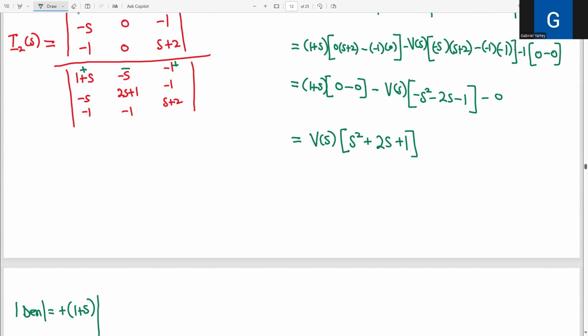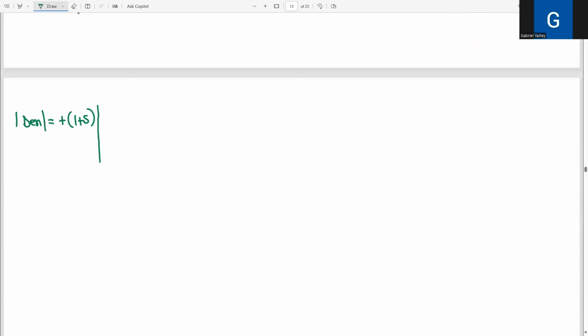Okay. So we have 1 plus 2S, minus 1, minus 1, 2 plus S. I'm sure you can generate this on your own by now. So let me just quickly run through